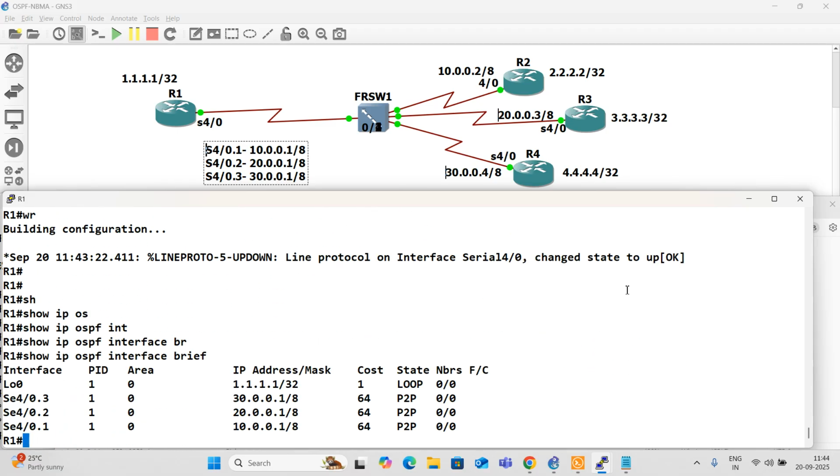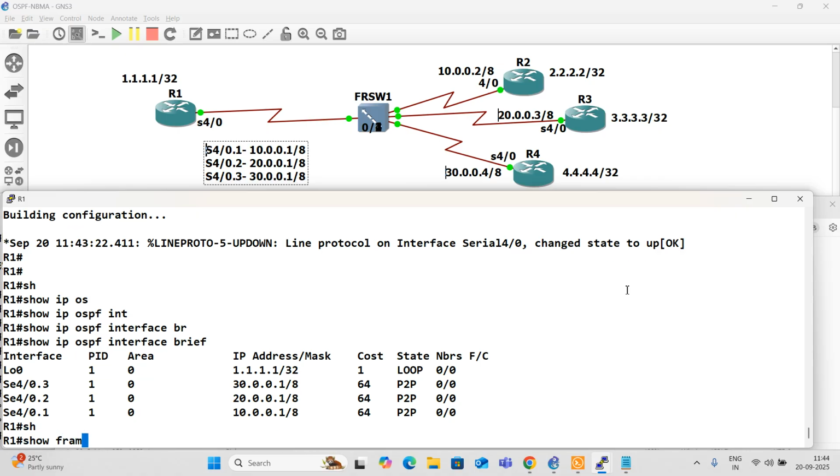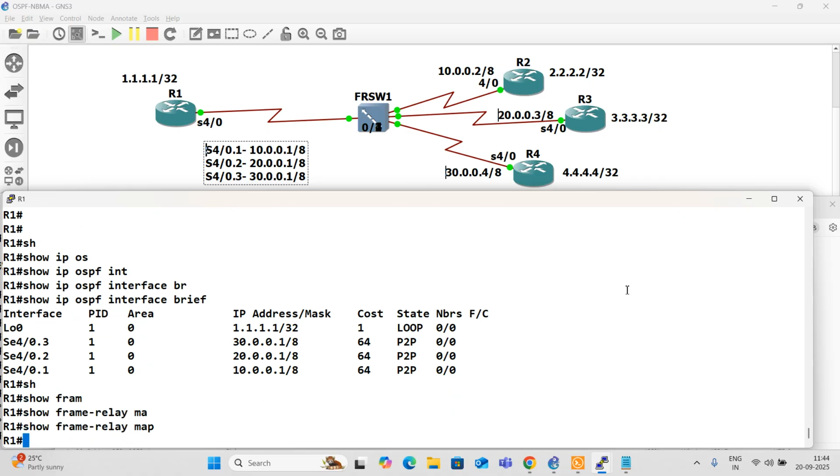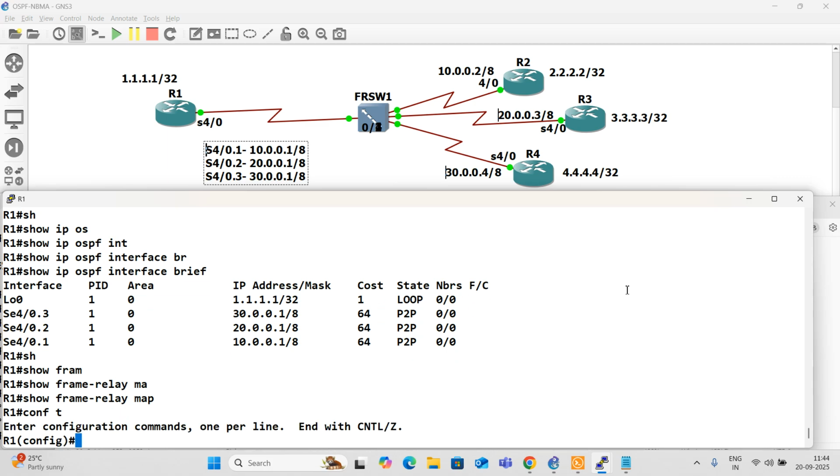See, OSPF is running on all the serial interface as well as the loopback. Now let us check the frame relay. Only after frame relay the neighbor will come. See, the frame relay map is missing. The reason is this. We have sub-interface. On sub-interface, frame relay cannot discover, so we need to manually say this.